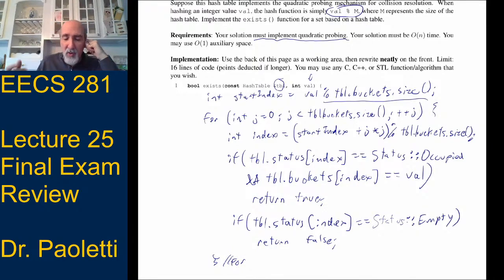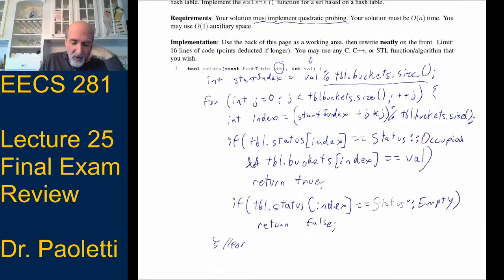Now, if the for loop just ended without ever hitting any of the other returns, we've got to do a return false, because there's nothing there. We never found it. We found a bunch of deleted ones over and over, or we found occupied ones with wrong values.